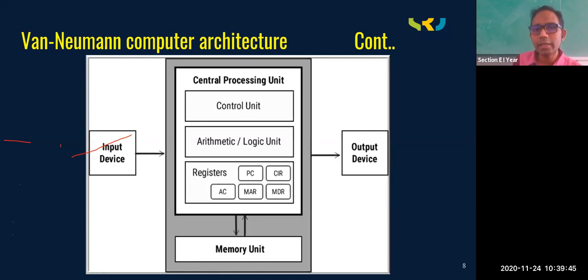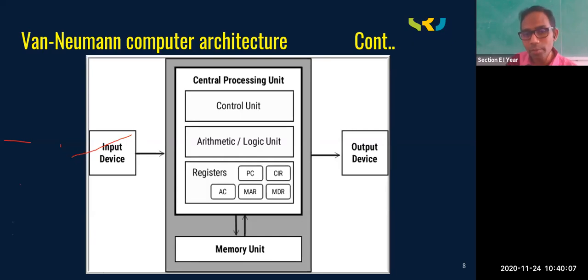Maybe you have visited a biometrics device for some Aadhaar card authentication. For giving some Aadhaar card authentication, you are going to give your thumb impression. Now that thumb impression, a reading device, is also called an input device. Anything that gives data to a system or a computer is called an input device.